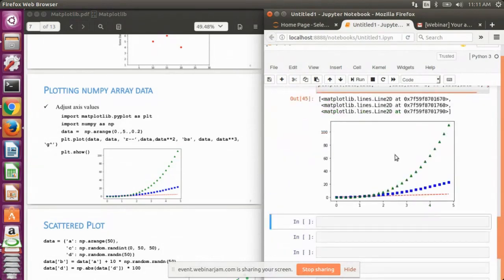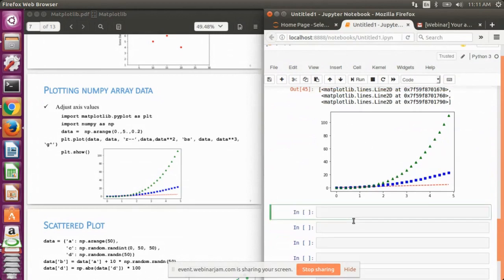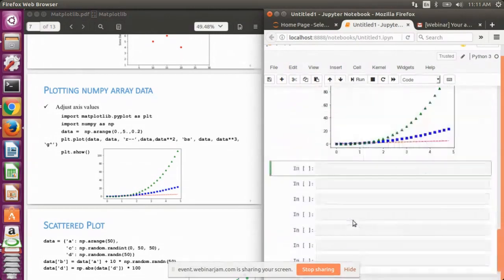Now the same piece of code we will define within a function, and we will call the plotting function by passing some data as an argument. So to do so, let's define a function called plot fig and pass a parameter that is data.